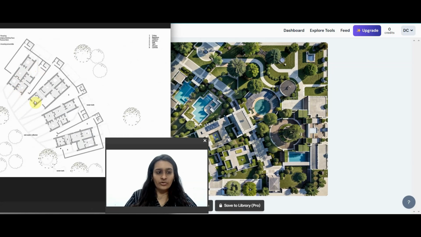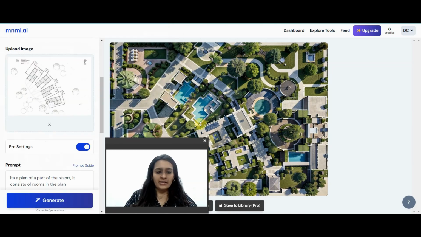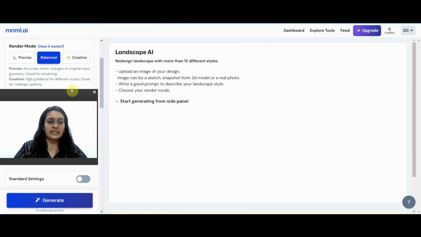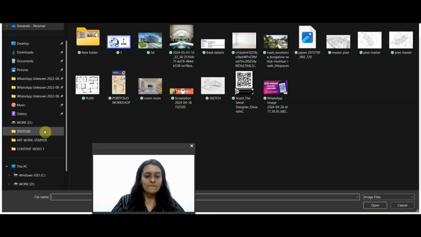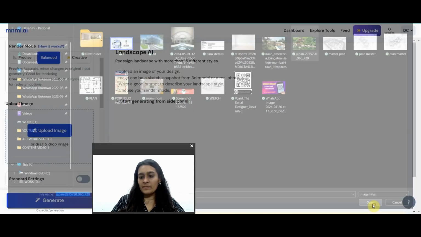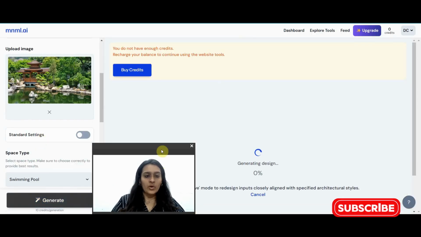There are certain rooms inside, dining inside, and it has recognized nothing. It has just made its own sort of plan. There are some buildings which they've added here with courtyards and fountains and swimming pools and whatnot. Okay, so clearly this is doing its own thing, and I would not want that to happen. Okay, so let's upload this image right here. I'm just trying to understand the psyche of this particular model, what it generates.